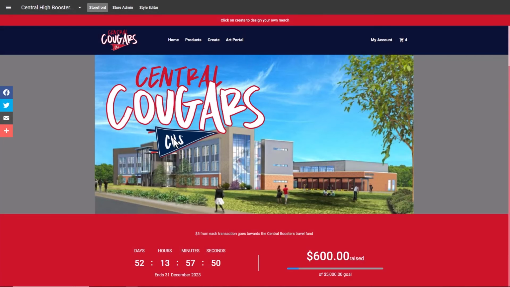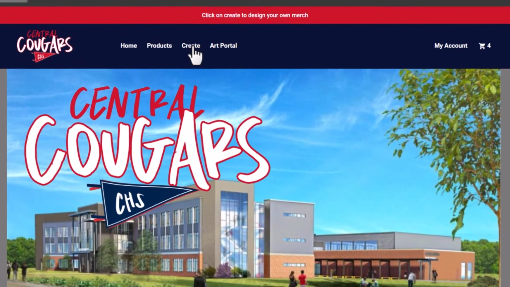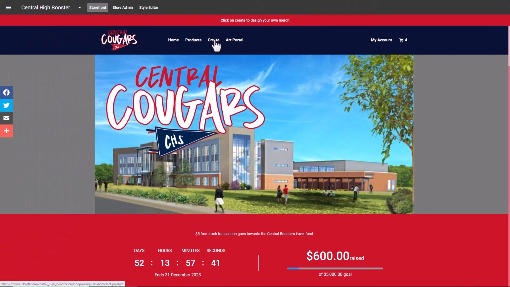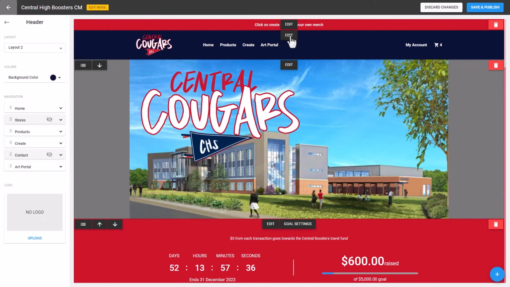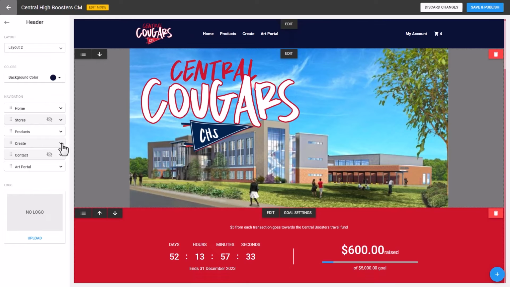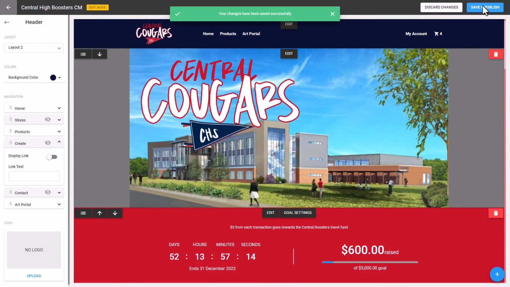I'm going to review best practices with the Inksoft Designer. In this particular store, you notice I have a Create button. This indicates the Inksoft Designer was added to this store. I'm going to go to the Style Editor, and in the navigation, I'm going to go to Edit, and I'm going to mute the Inksoft Designer so it's no longer visible as a link, but the designer is still available through the customer's portal. I'm going to click on Save and Publish, and then I'm going to configure the designer